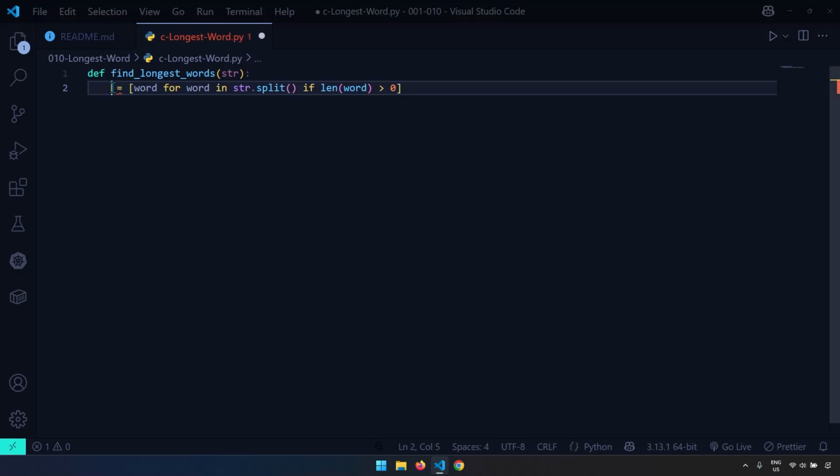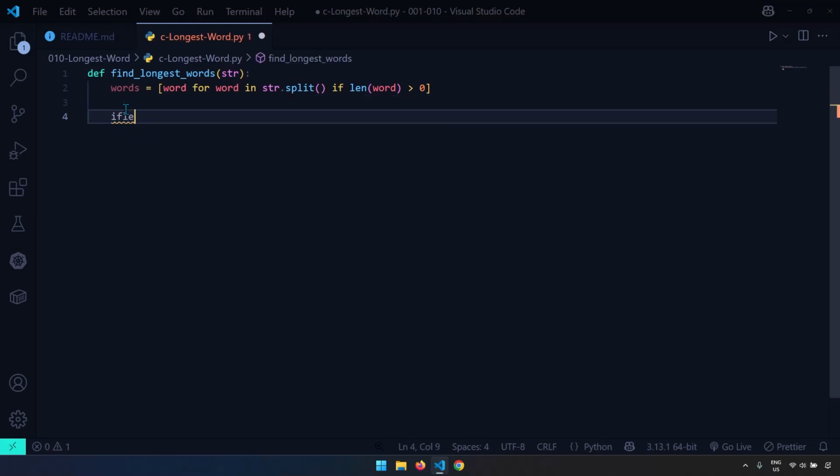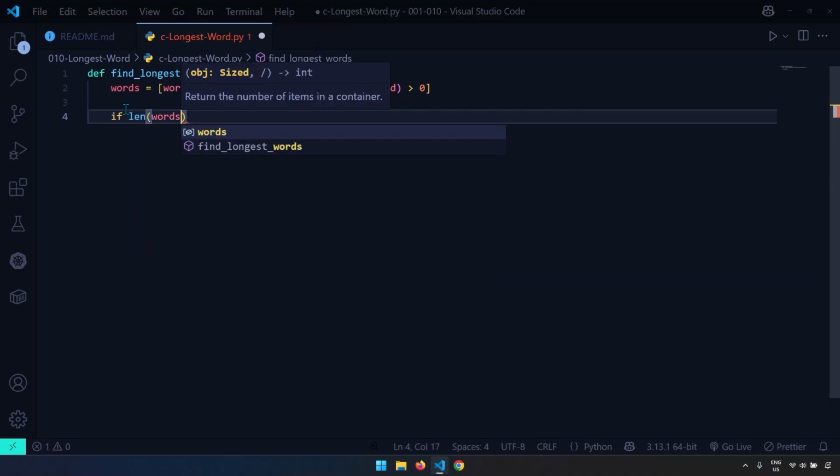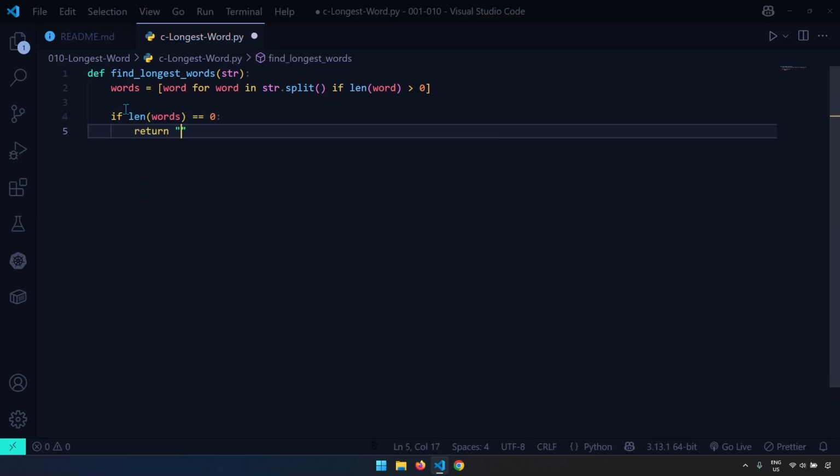And this is going to give us a list, which I'm going to store inside of this words. Now, I did a couple of things on one line because we've already talked about the logic. The implementation is just language specific, but the logic is the same. Now, we are going to take a look at the length of the words array or list. And if that's equal to 0, then we want to return a message. We want to say input cannot